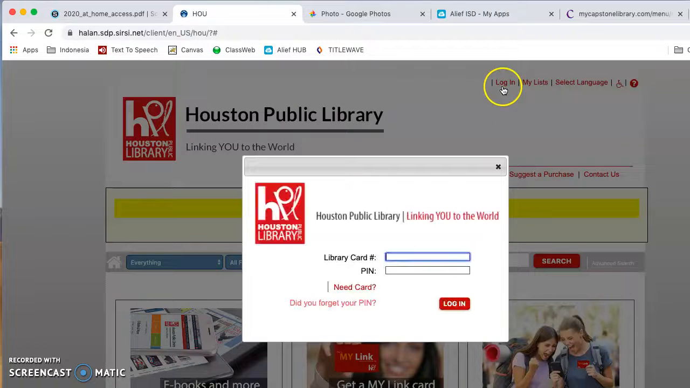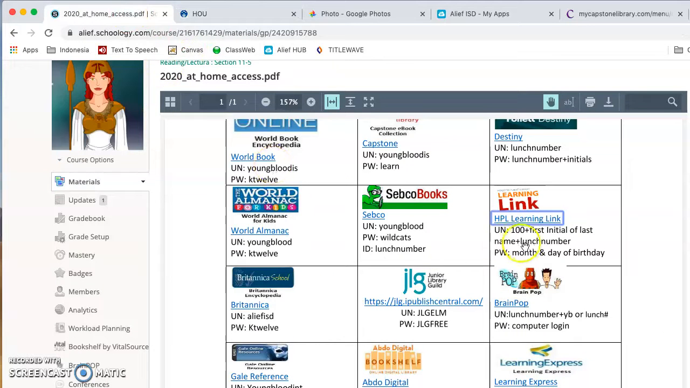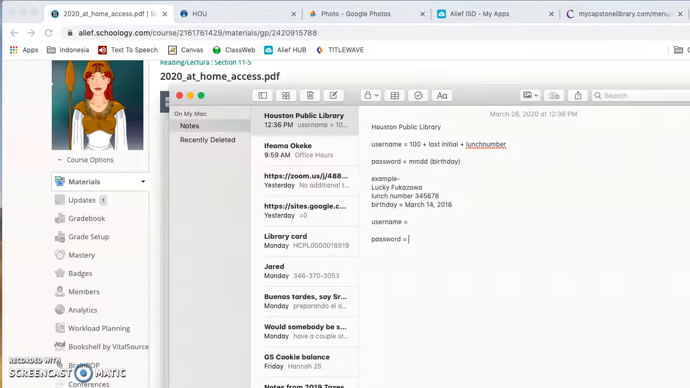I'm going to click on Login, and now your login is going to be a little bit different from mine. So let's talk about how to find out your library card number. If you look at the flyer from Ms. Browning, it says your username is the number 100 plus the first initial of your last name plus your lunch number. So to use the example of a fictional student, imagine we have a student in our class called Lucky